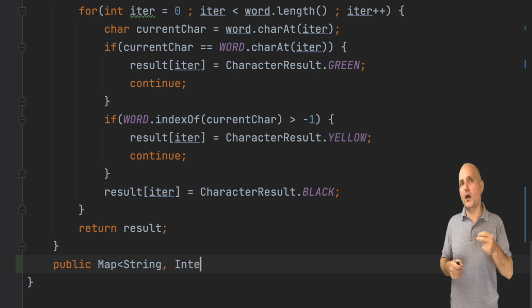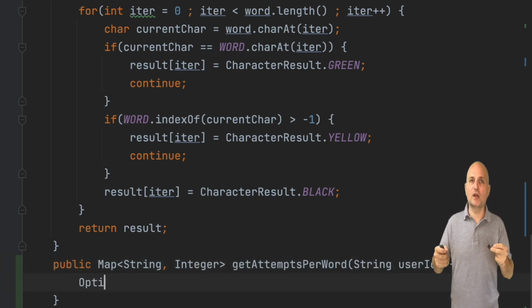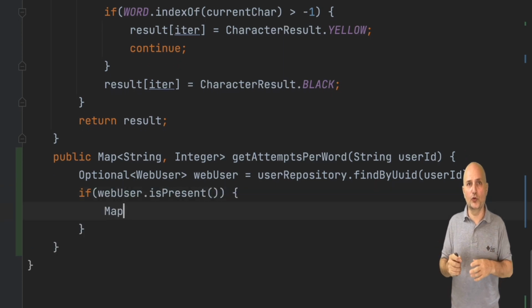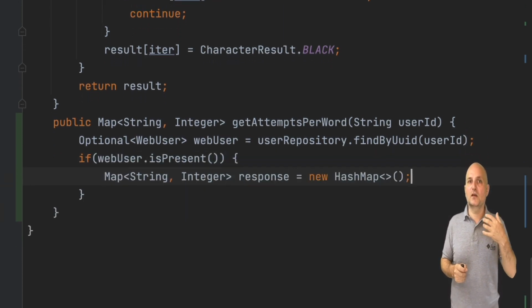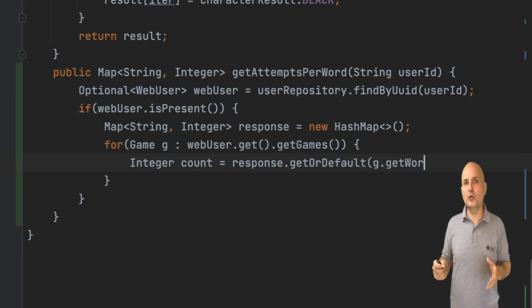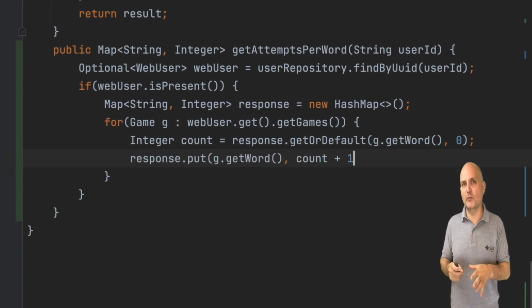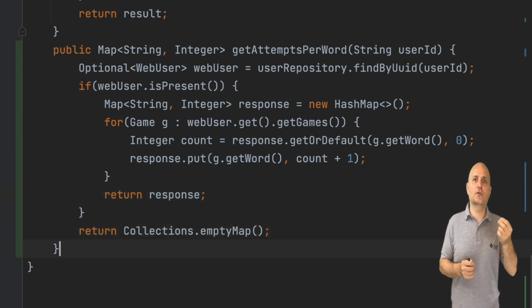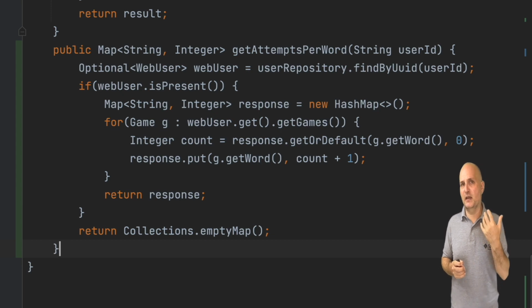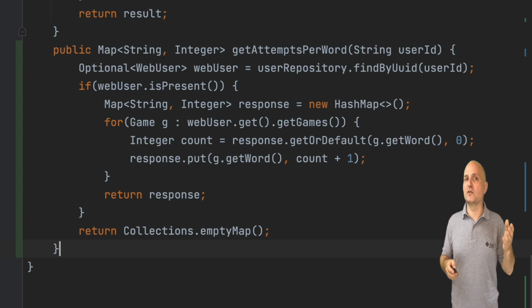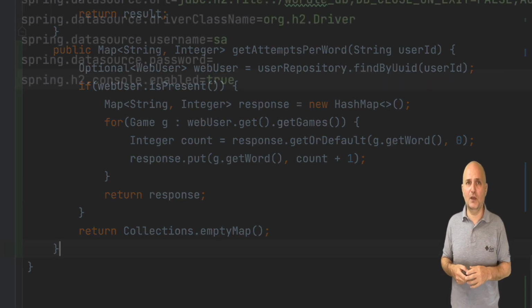For the test code, I wanted a way to generate some statistics, similarly to the ones shown by Wordle. How many attempts it took to generate every word for a particular user. I could implement this method with a stream, but the code turned out really obtuse. Here we have a loop over the game object and a variable increment for every word value. Before we go into the test code that verifies this, we need to do a couple of things.